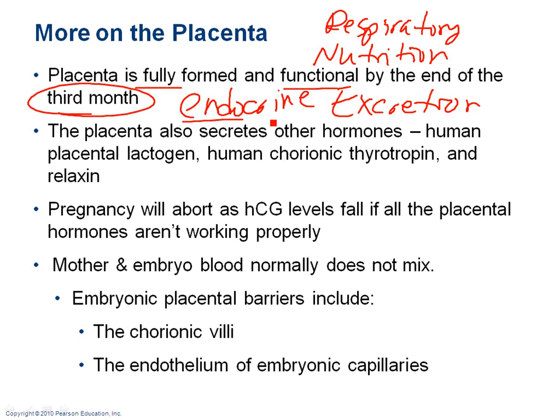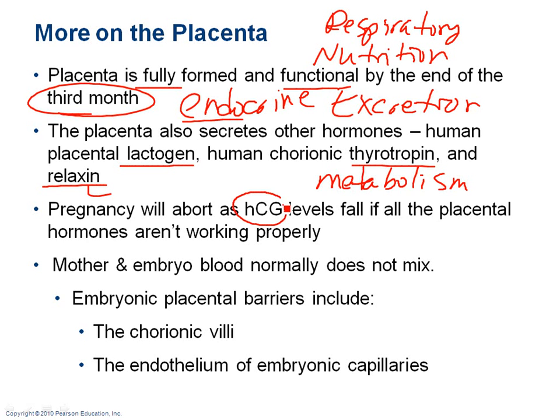Let's go with that endocrine again. It's making several other hormones besides progesterone and estrogen. It's making lactogen. So that has something to do with milk production. Thyrotropin, kind of sounds like thyroid, has to do with metabolism. You don't have to know this stuff in detail. I'm just giving you some hints what it means. So lactogen has to do with milk production, thyrotropin with metabolism, and then relaxin, and that has to do something later on with birth. Okay, now remember I said HCG was something important that we measure in pregnancy.